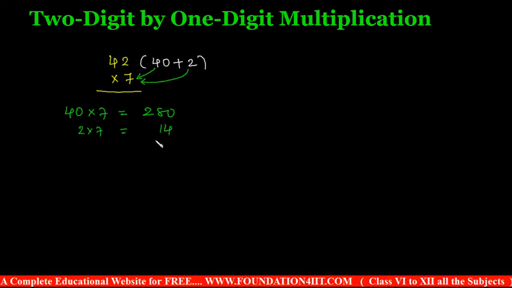is 14. Already in previous chapters you have perfectly learned how to do additions of any numbers internally. So 280 plus 14, 294. So this is one simple technique, but you need to practice a little bit and you will be perfect. Instead of making it much harder, we can just make parts in mind and add. Let us see one more example to get a clear idea.